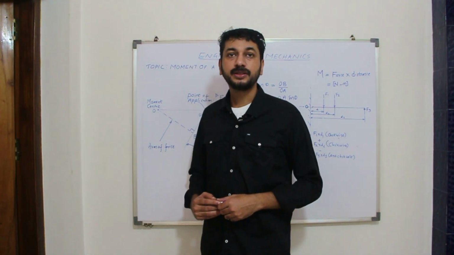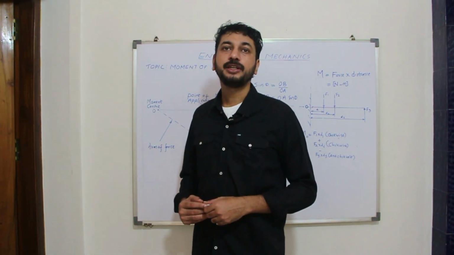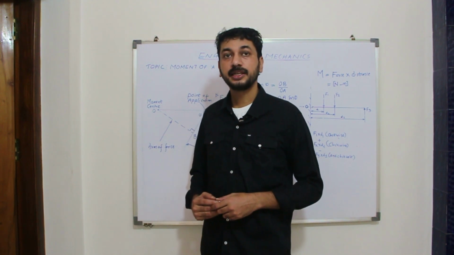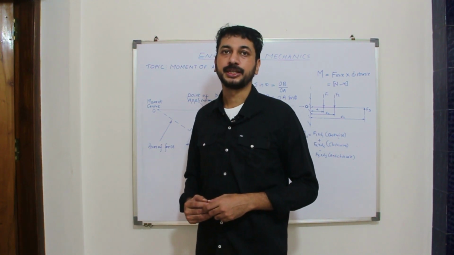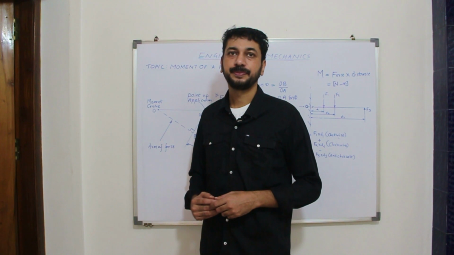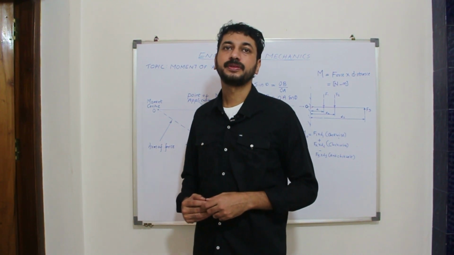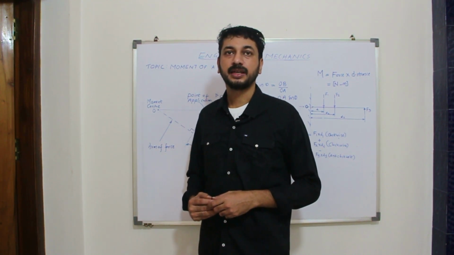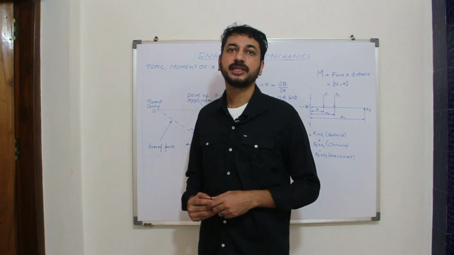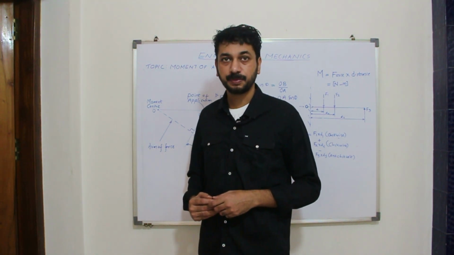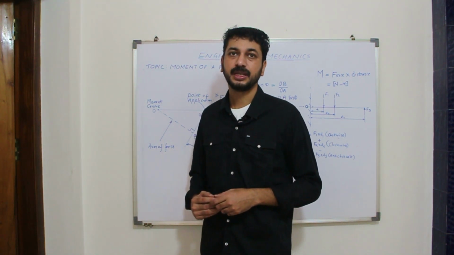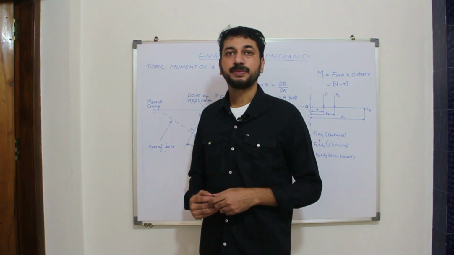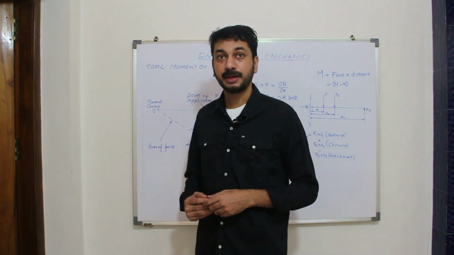This time we are going to discuss the term moment of a force and how to calculate the moment of a force about a point with an example. What is the moment of a force? The effectiveness of a force as regards to its tendency to rotate a body about an axis or a point is called the moment of a force. It is measured by the product of the magnitude of force and the arm of the force.